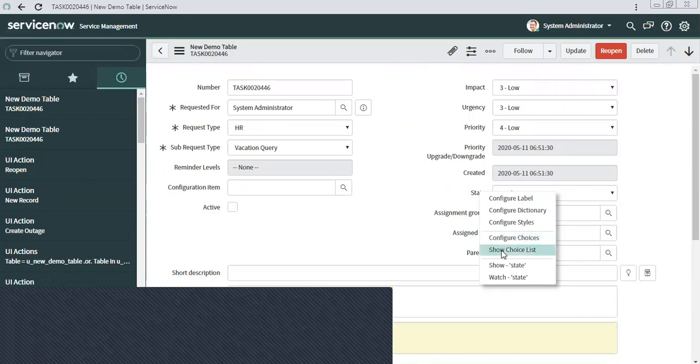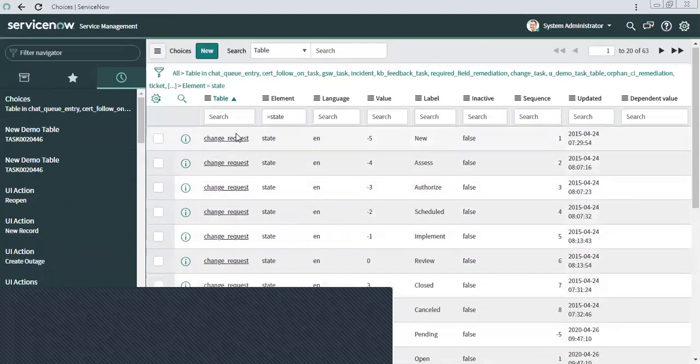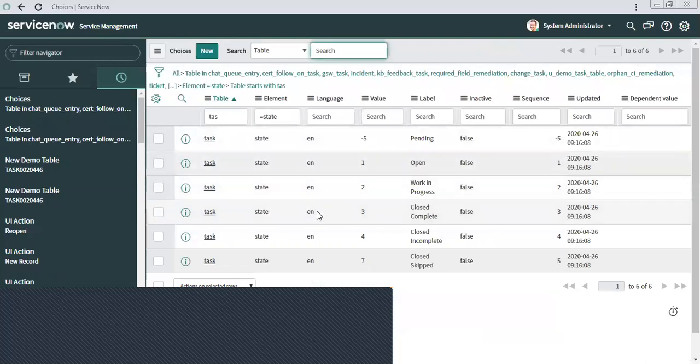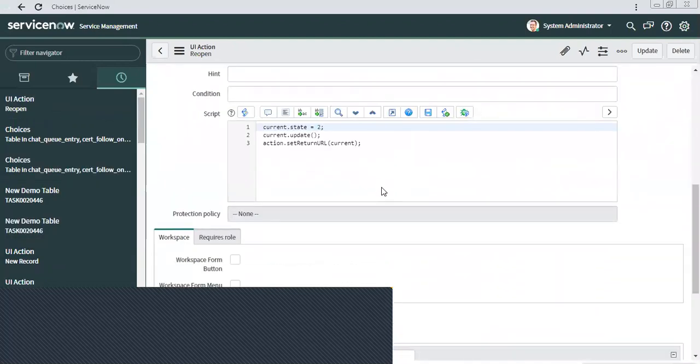So maybe you want the UI action to be available only when it is closed complete. What you can do is make use of this condition field.